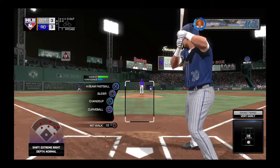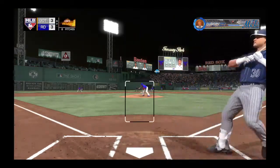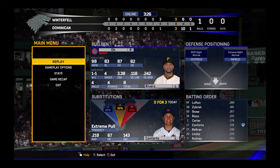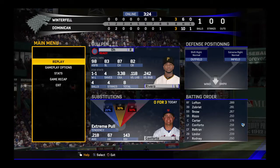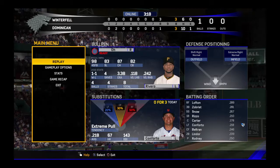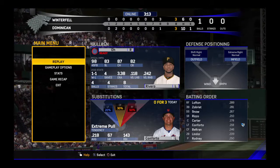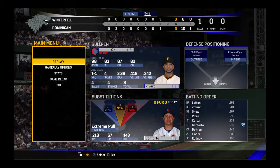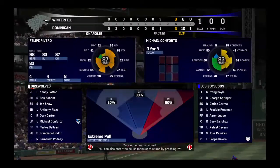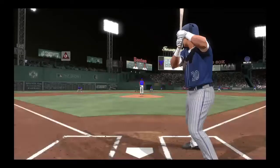At the plate, Michael Conforto. He'll start things out here in a tie ball game. And some fireworks perhaps to kick off the ninth, is that one just about...